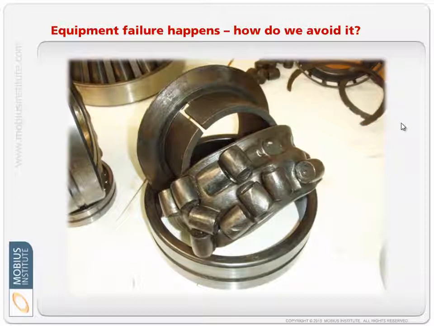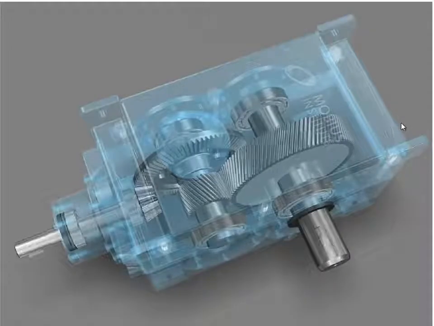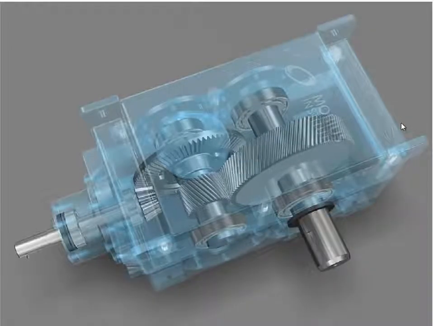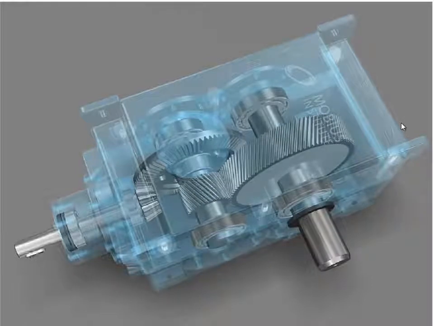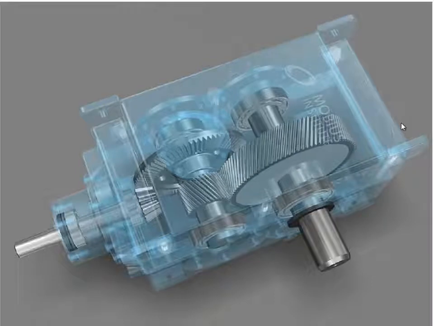So we can use vibration analysis alongside other technologies to get the earliest warning that that is beginning to occur, that the early stages of failure are occurring, which may end up like that if we don't do anything about it. And vibration analysis is a terrific tool for doing exactly that, because vibration analysis, in a sense, enables us to look inside the machine and see exactly what's going on, whether it's gearbox with bearings,